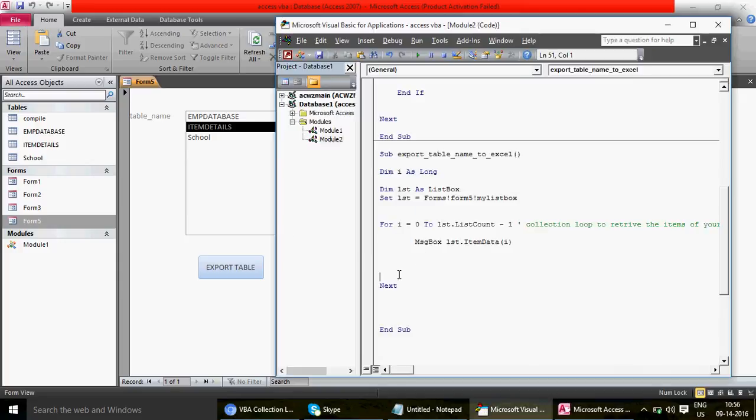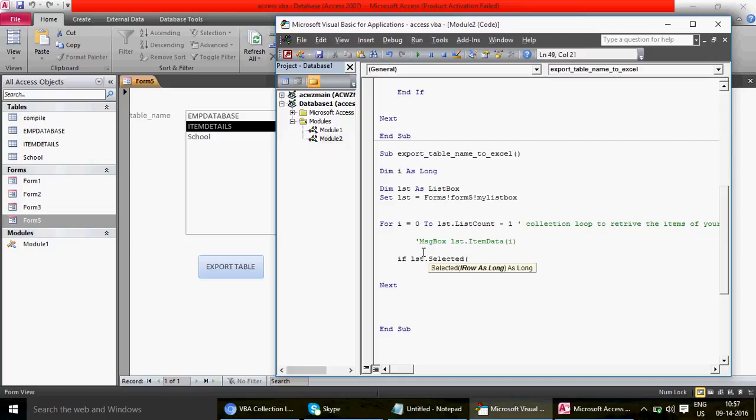There we go, right? So again, I don't need the message box. What I'm going to do is, whatever table name you are going to select, let's store it in a variable. But how will you find it out? So here you will write: if this table, basically my list table, list dot selected, if that is going to be selected, let's say this is going to be true,